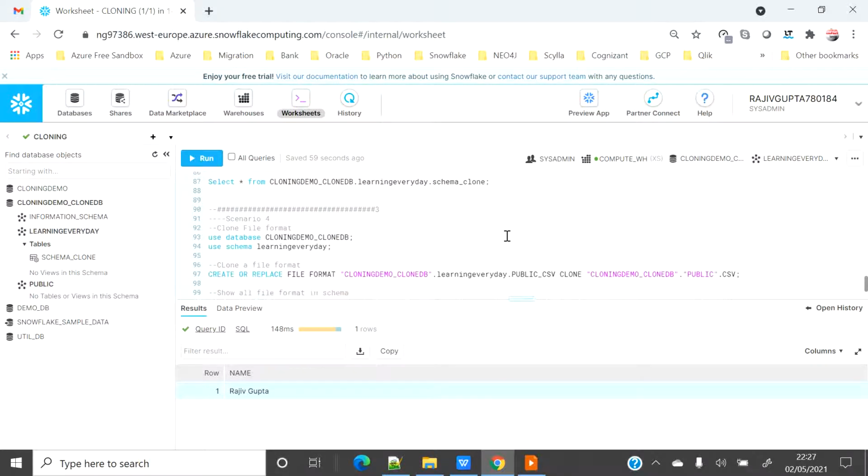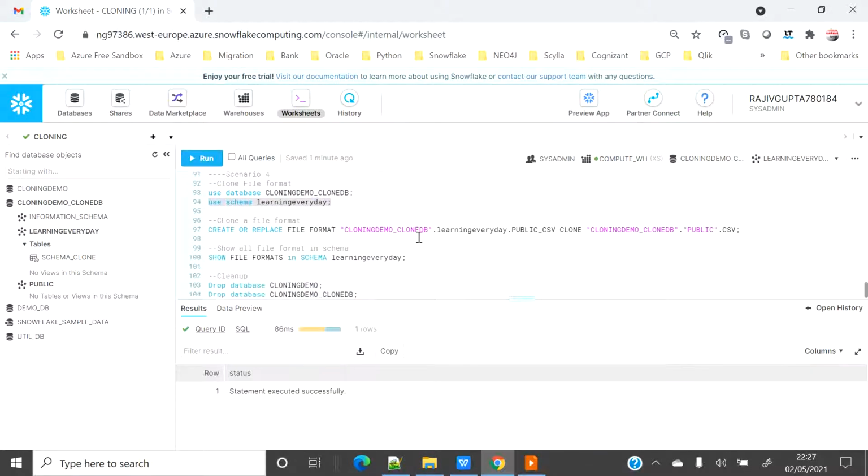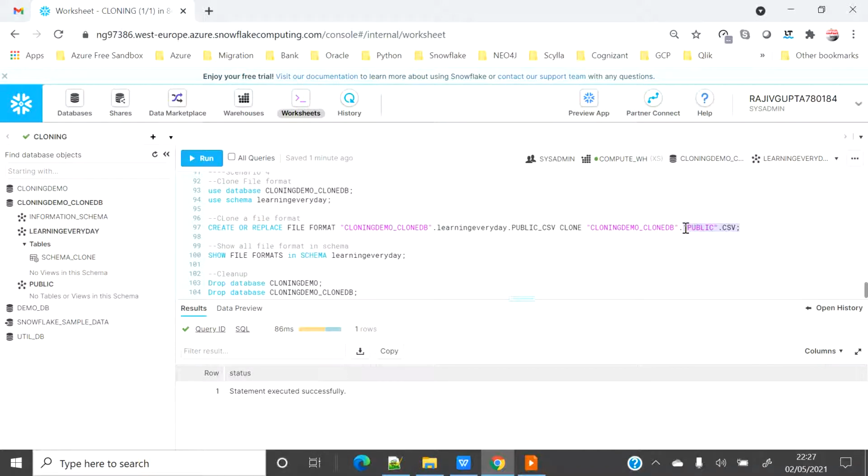The fourth scenario which I want to cover in this demo is how to clone a file format. If you remember, in the initial phase of this demo, I created one file format named CSV. Today I'm going to clone the same into a different schema. I'm going to use the same database and the newly cloned schema, and I'm going to clone the CSV file format from the public schema to my learning everyday schema with the name public CSV.